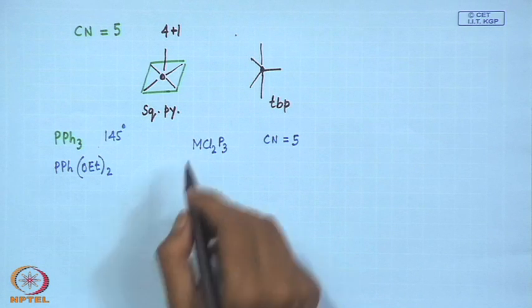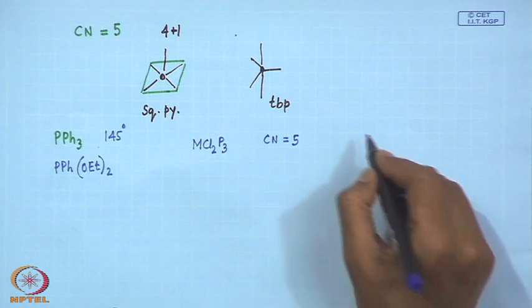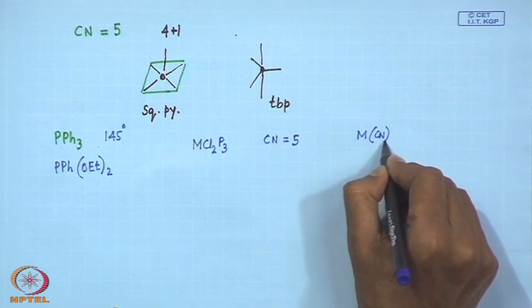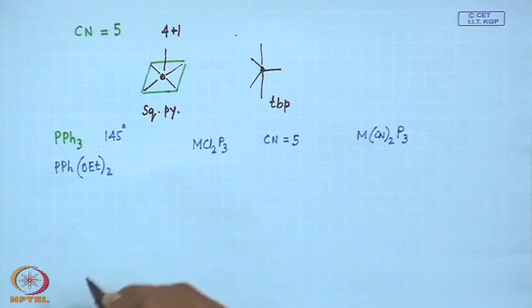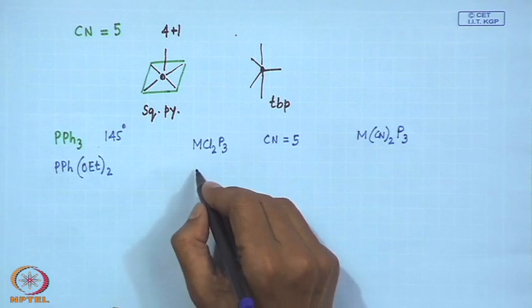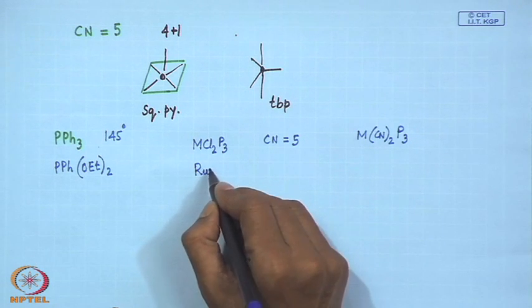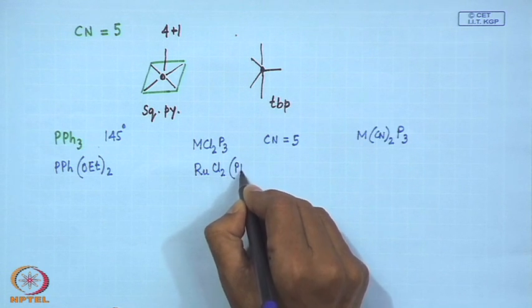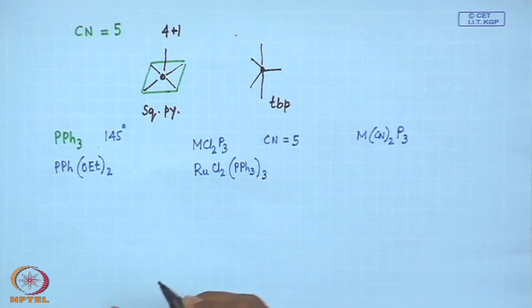So, most of these types, we can have this or MCN2P3, which is the present example where M is nickel. This M can be a different one, which is well known, RuCl2 triphenyl phosphine,